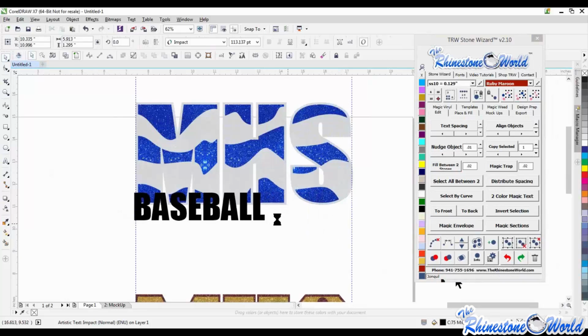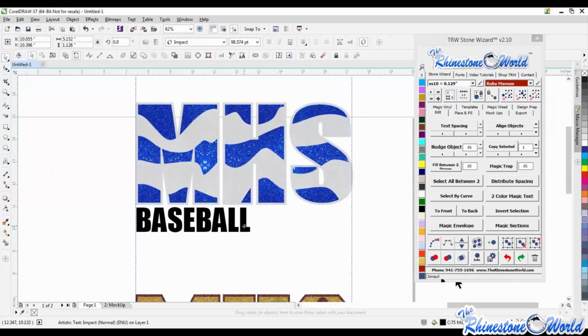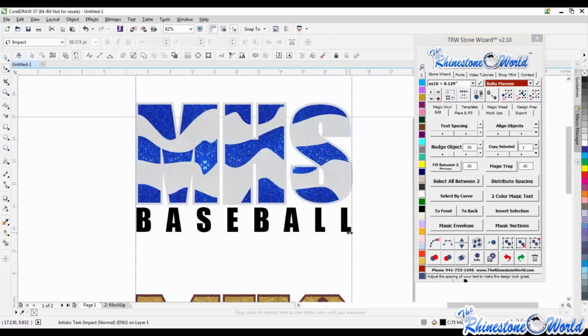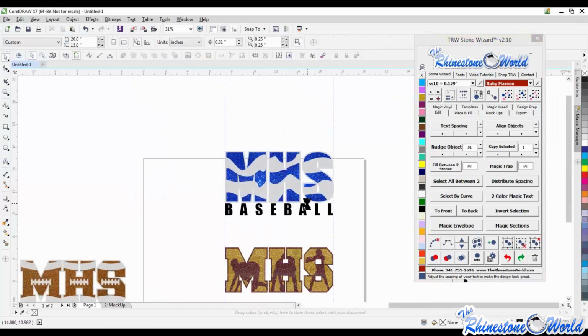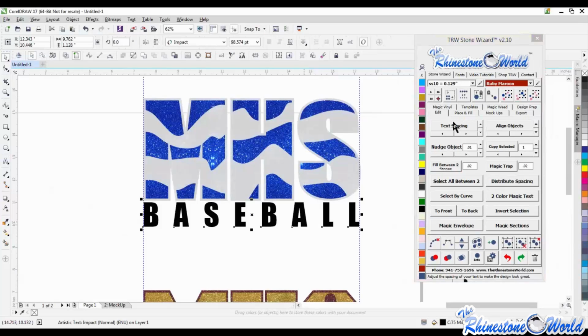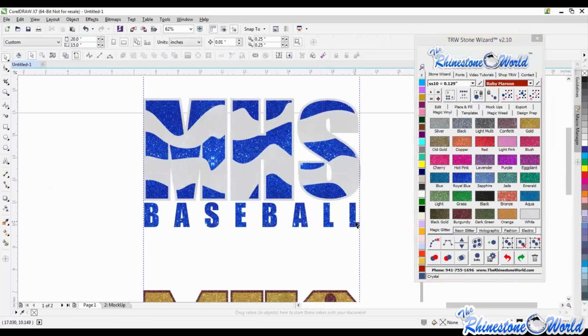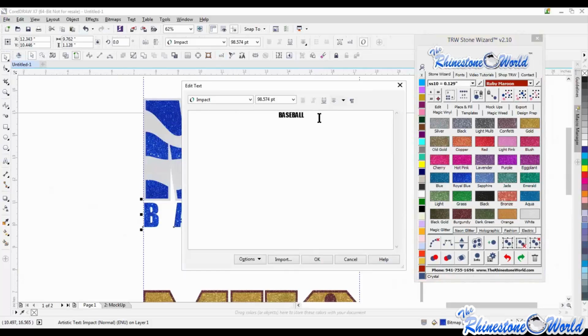I'm going to shrink this down a little bit. I'm going to move it over here. I want it to go off the left as far as my spacing for right now, and then I'm going to go ahead and have it centered. So if I saved this design like this and didn't convert this to curves, when the next person comes in and they want this to actually be for MHS cheerleading now, click on it. Click on your text or your text edit, type in cheerleading,